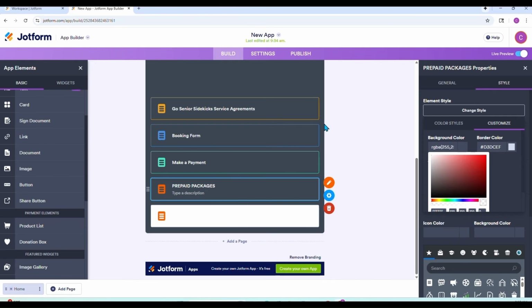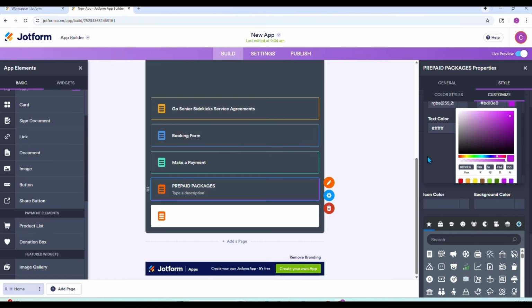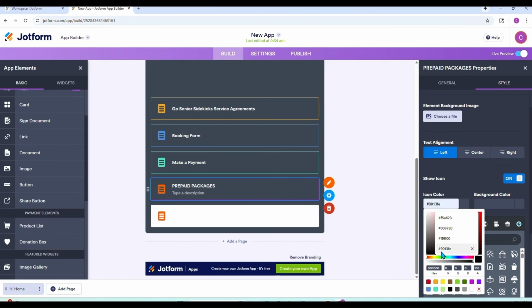All right, border color. Let's go with pick, and you can pick whatever color you want. You don't have to follow mine. I'm just picking colors. Icon, make it the same color. Boom. Same thing. Click here, properties, style,